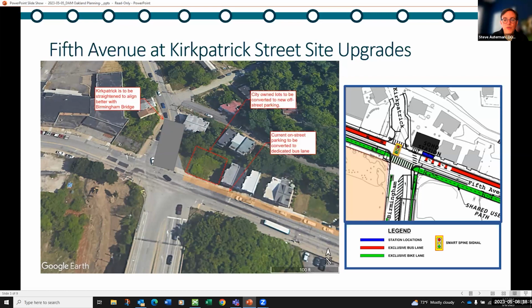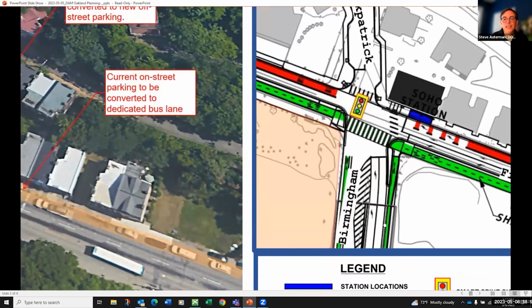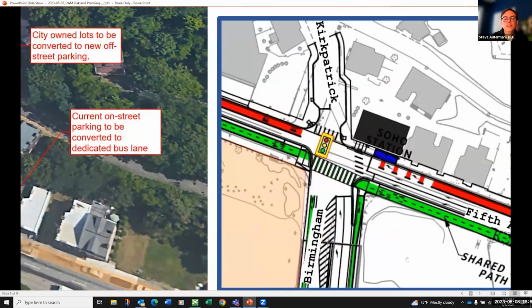The northbound coming off the bridge to get to the cycle track, you'll see is on the right-hand side of the bridge in that diagram to the right. So that bike lane lands within the cycle track. That's a 10-foot wide area where they could stop and wait to turn left outside of the traffic